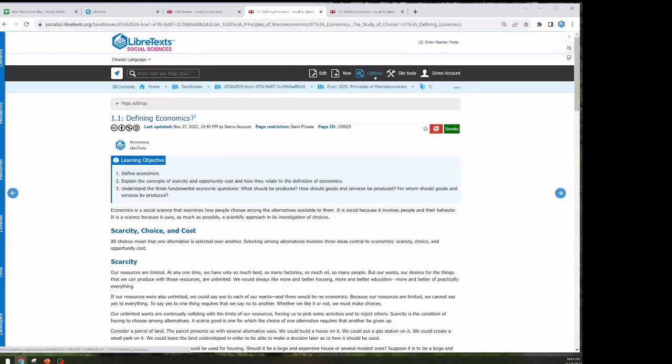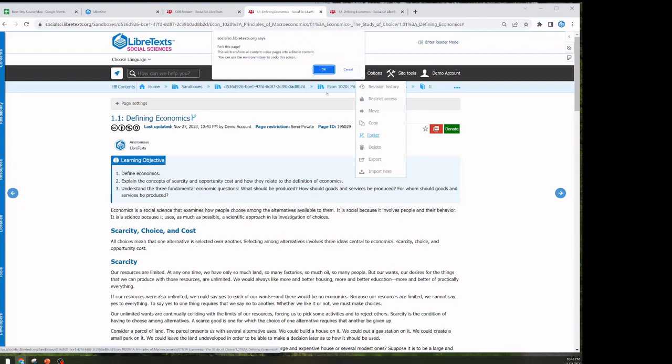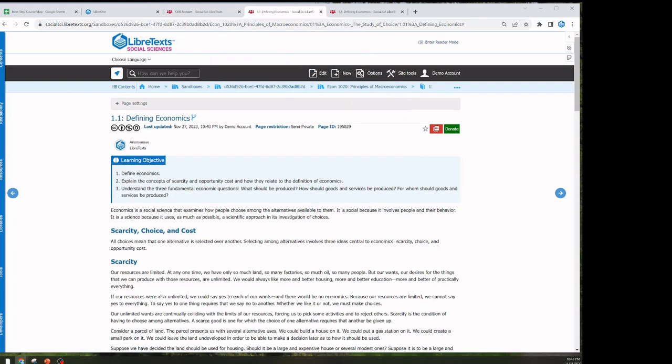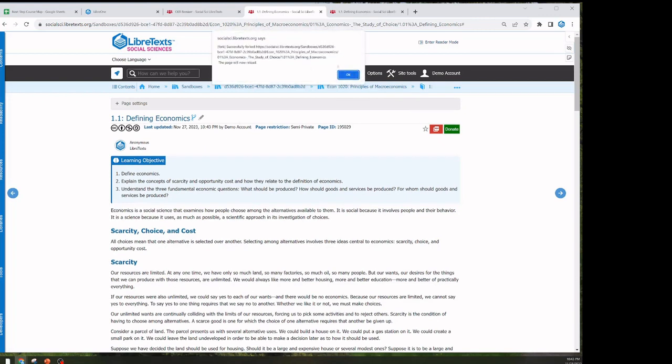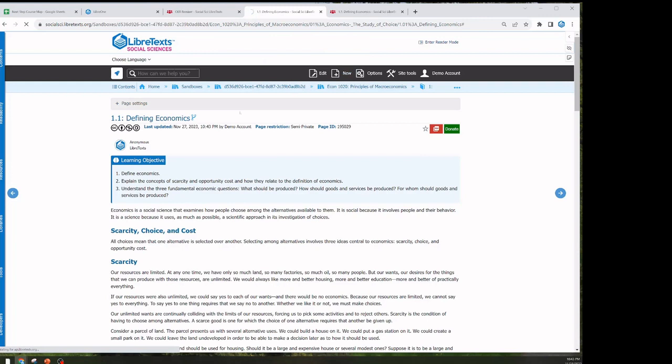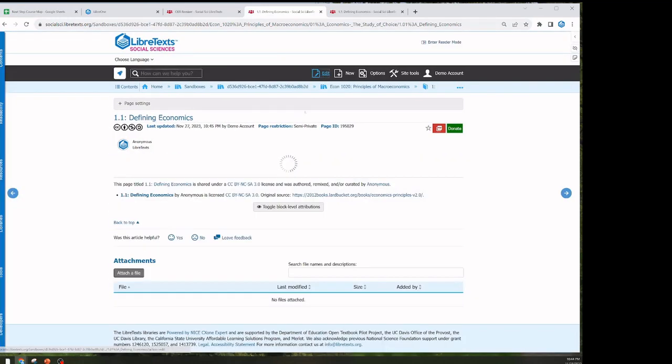is I now want to turn this into ordinary text. If I don't want to fork it, then I don't have to click on that star. Notice that the fork has disappeared. It's no longer forked. So if I edit,